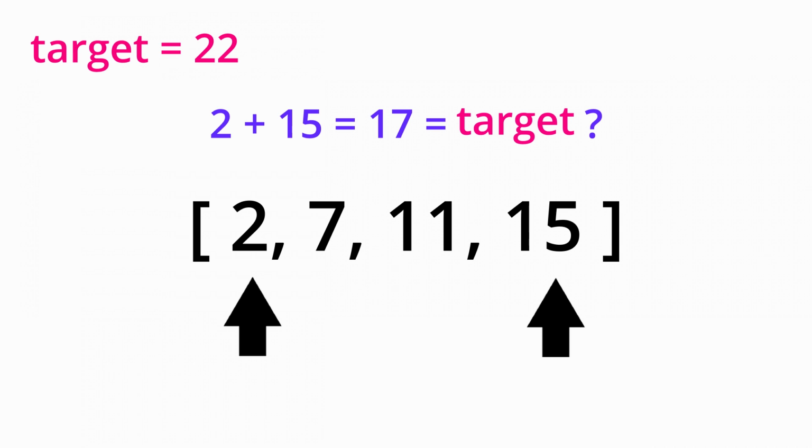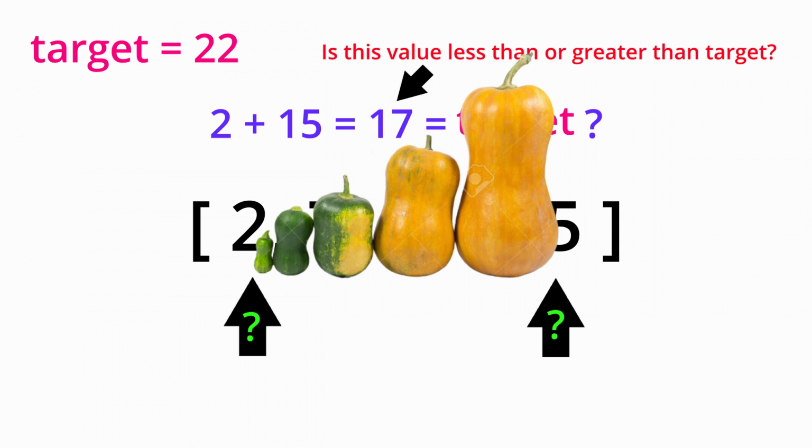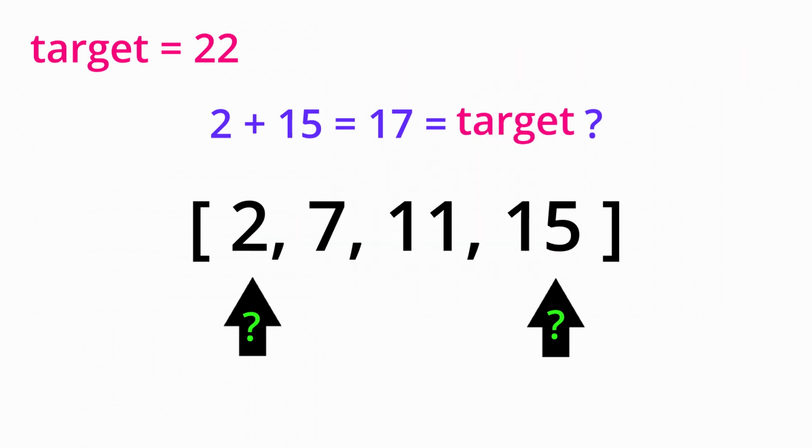If they don't, we simply check to see which pointer we should move inward by taking into account whether or not our calculated value is less than or greater than our target value. So the important point here is that our array is an ascending ordered array. That means that the values at the end of the array are going to be larger than the values at the beginning. So if our calculated value is greater than our target, that means that we need to decrease the size of our calculated value. We do that by moving our rightmost pointer to the left